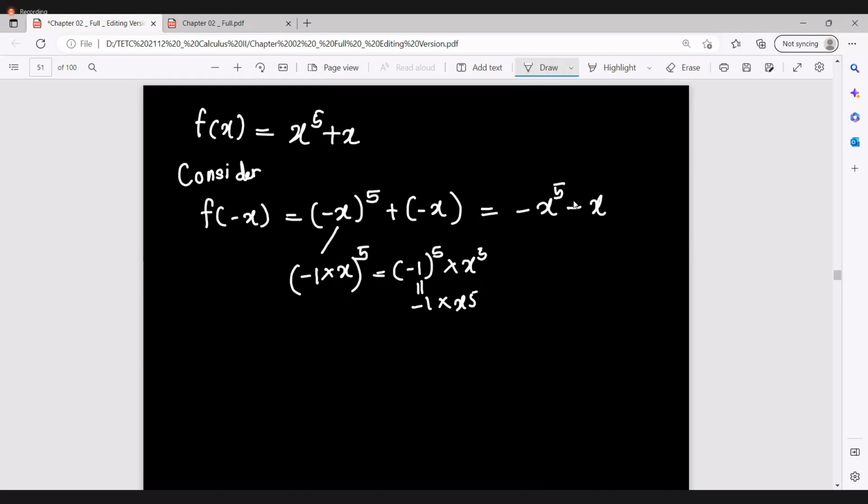So minus 1 is a common factor and we can bring it out. If we bring the common factor out, we can write minus times x to the power 5 plus x. This x to the power 5 plus x is our original function f of x. So we have obtained f of minus x is equal to minus